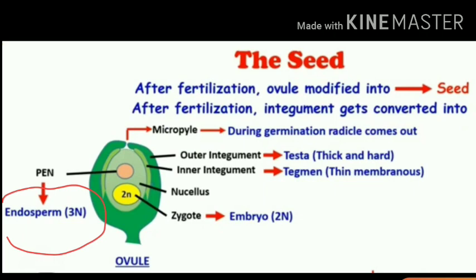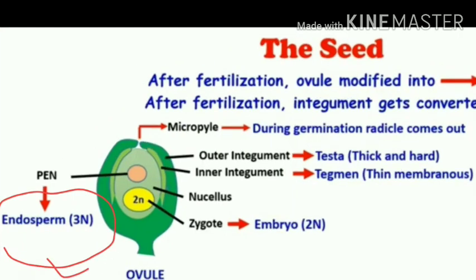So I will tell you the difference between dicotyledon and monocotyledon. First, let us see whether the endosperm is utilized by the embryo. This is a non-albuminous condition, which is present only in dicotyledons, whereas in monocotyledons the endosperm is not utilized by the embryo. So this is the basic difference between a monocotyledon and a dicotyledon. Try to understand.